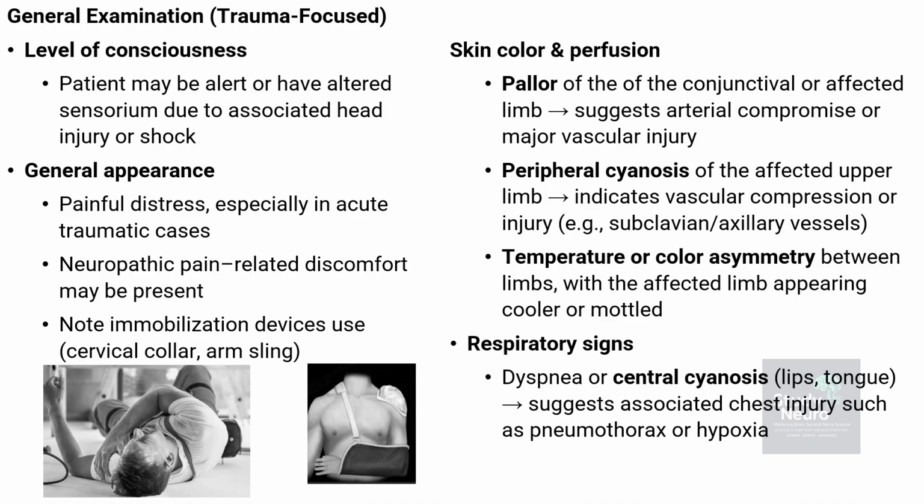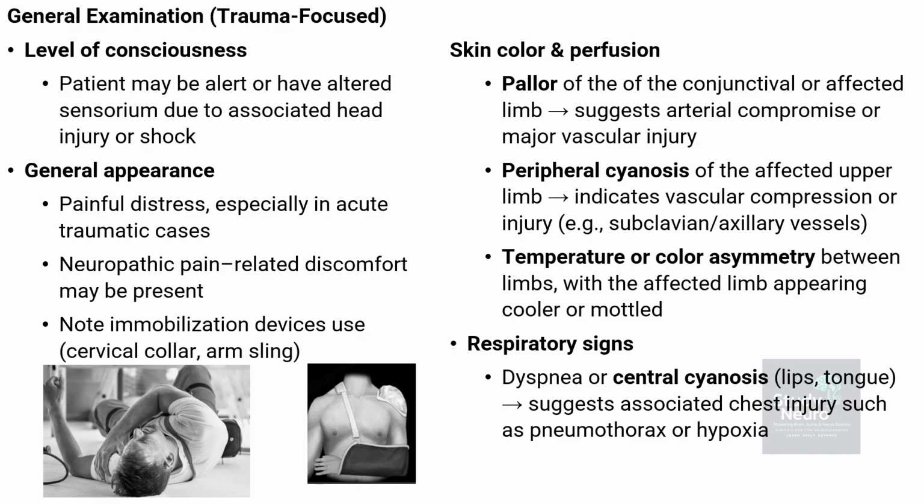Skin color and temperature can reveal hidden problems. Look for pale areas or bluish tones in the affected arm, which can suggest that blood flow is compromised. Comparing both arms for warmth and color helps identify subtle circulation issues. Finally, don't forget the lungs and oxygenation. Shortness of breath or bluish lips and tongue may signal an associated chest injury, like a pneumothorax, which can be life-threatening if missed. By observing these general signs first, you set the stage for a focused and safe assessment of